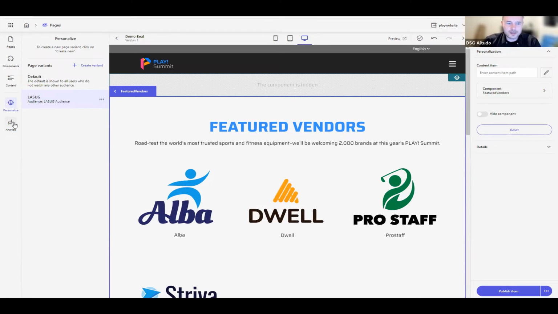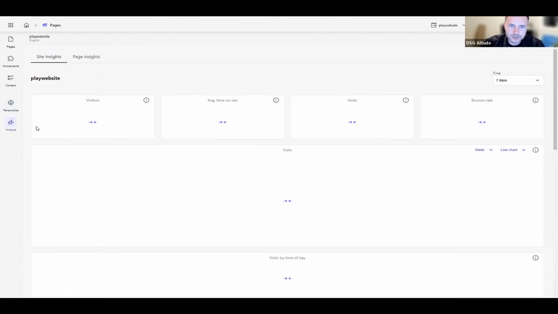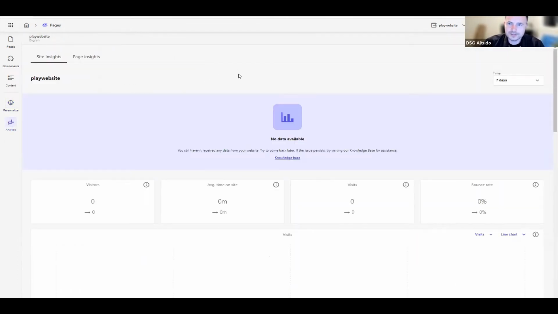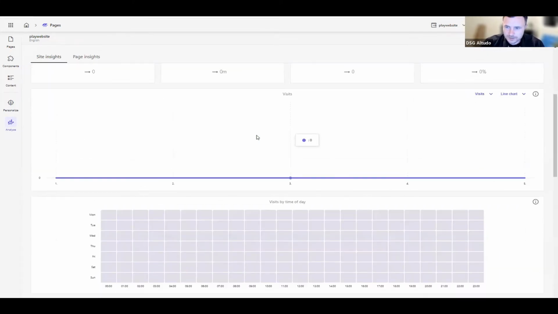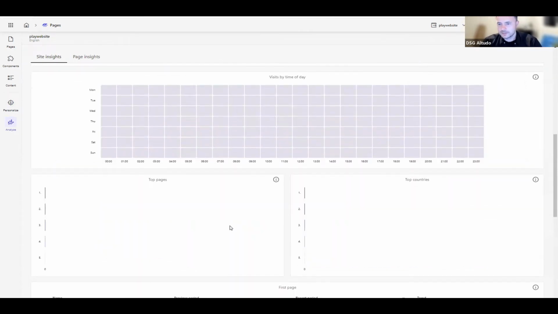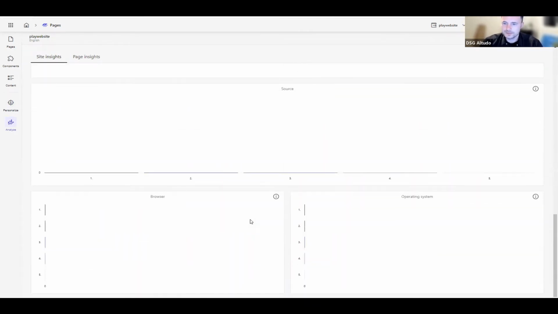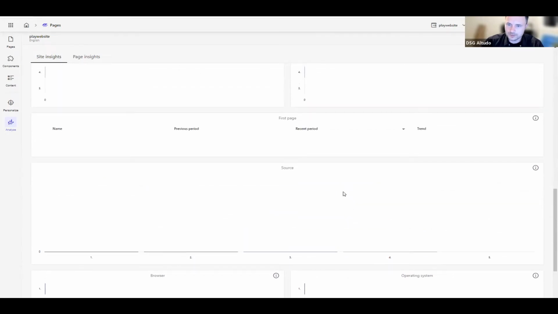Now, the other tool here is Sitecore Analyze. This is the tool that we didn't have access to in the past. It is the tool that gives us analytics. Here we have an empty demo website, so there's not a lot of data here. This is a brand new demo implementation, but you can see what type of data would come in here once traffic starts flowing. So we'll be able to see the browsers, the operating system, the source, where they came from,